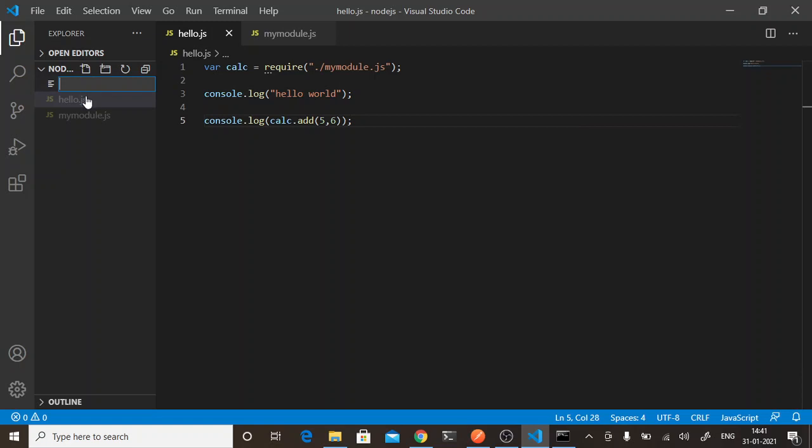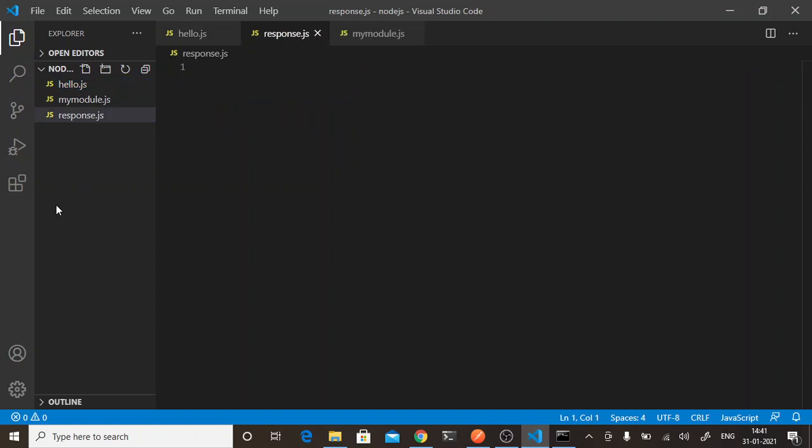And we will make a new file over here. Let's say response.js, because we are sending the response on our HTTP.